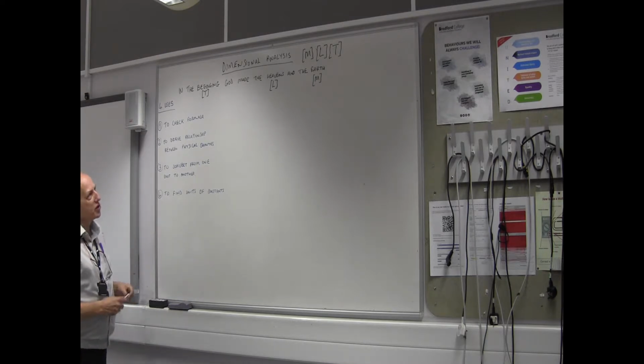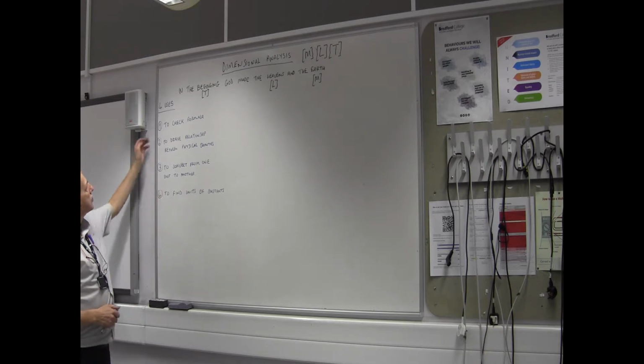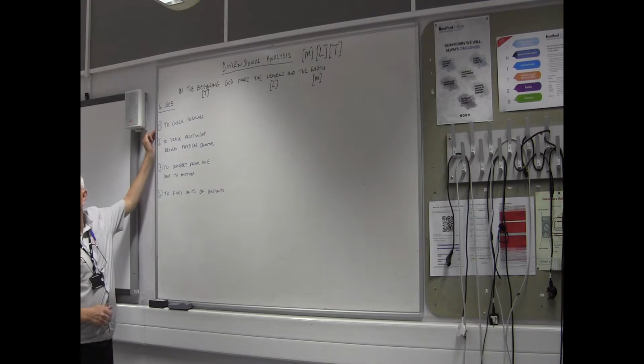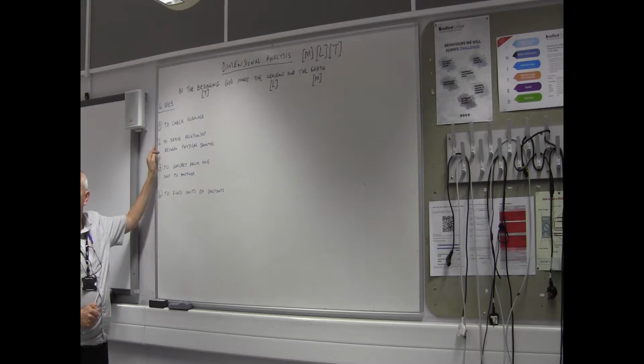So it's got 4 uses. It'll all come together as we go through it, but it's got 4 main uses. To check formulae, which is what we'll be doing. To derive relationships between physical quantities. What that means in English is we can make formulas, we can derive formulas, which is the other thing we'll be doing. To convert from one unit to another, and I have done a bit of that,